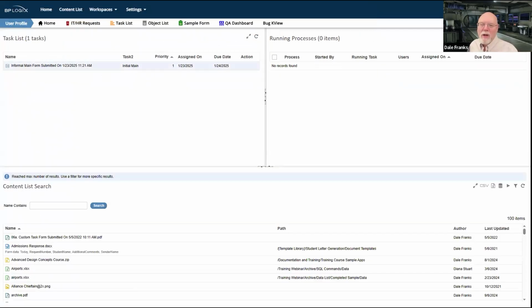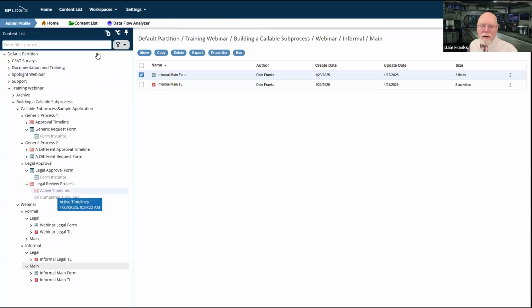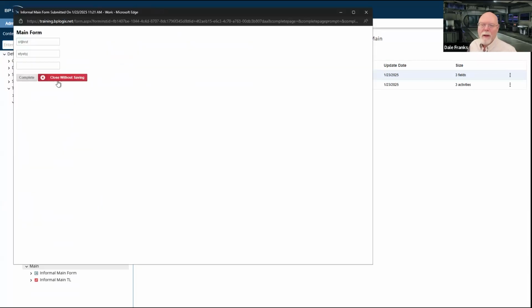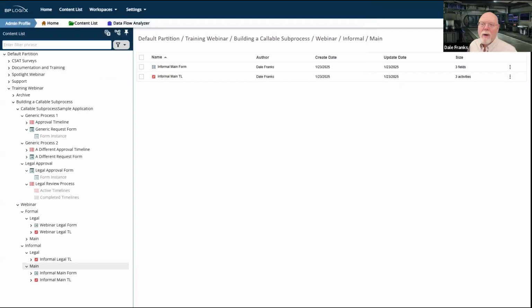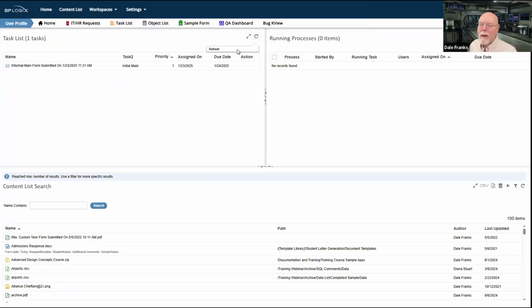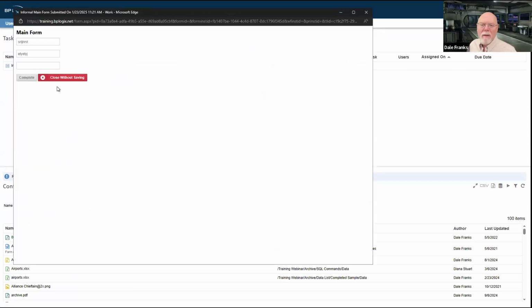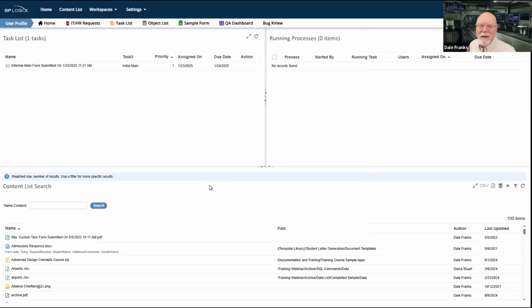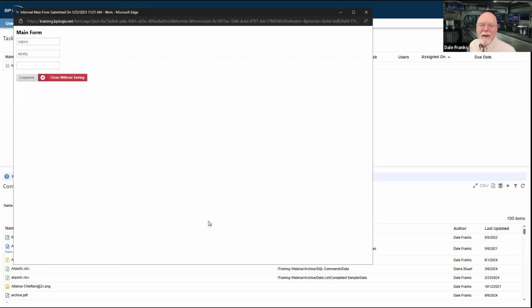So we're going to do some switching here. So I'm in my initial main activity, which I will complete. The form will go away. And now I am in my, let's see, it still says initial main. So let me submit that again.